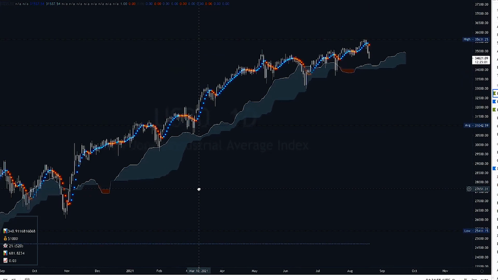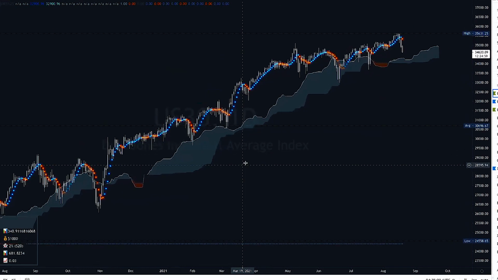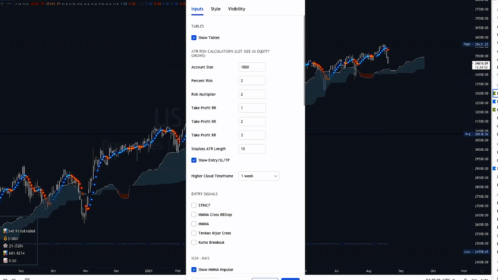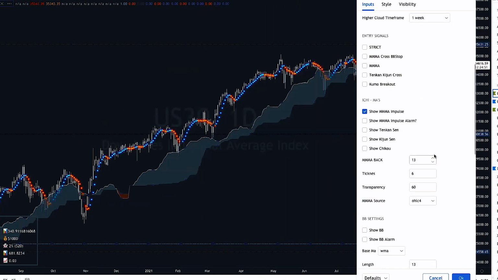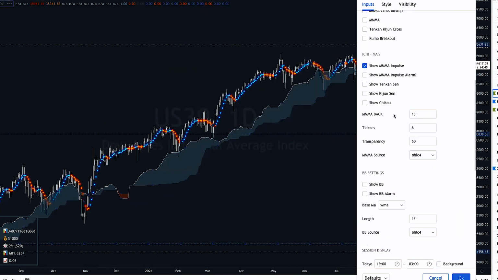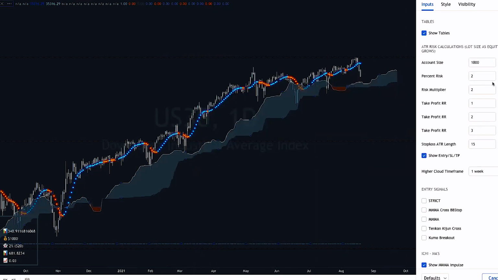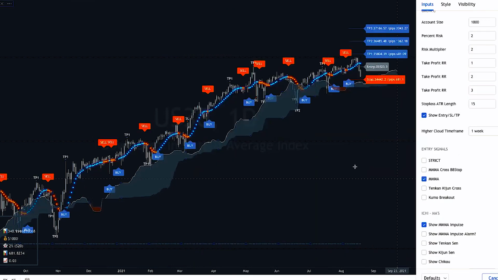This is a moving average that me and Hendrix made together. Basically this thing can act as a scalper, and it has its own settings all the way down here. MMA back, you can calculate how fast you want it, either 10, or you can make it smoother. Everyone likes 21. You could change it to 21 and it'll become a little smoother for you. This also gives buy and entry signals. So all you have to do is entry signal, MMA, and every time this thing turns red or blue, you